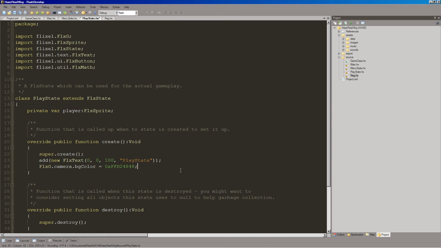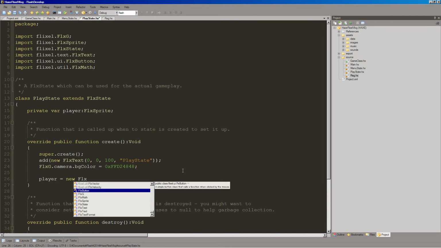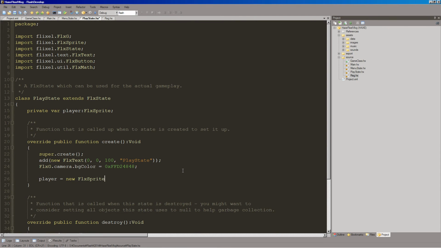So, yes, we've declared the place where we're going to keep our FlixSprite. So let's make it. So say player will be a new FlixSprite. So let's put it at 50-50,